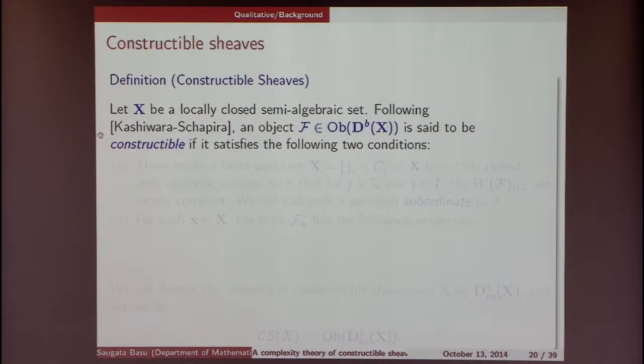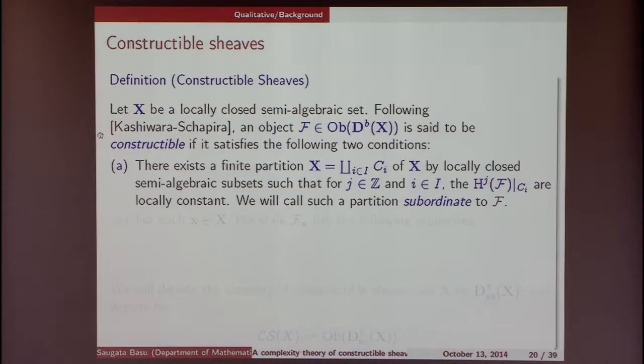Okay, so we have been talking about sheaves, but what about constructible sheaves? This is the following definition of Kashiwara and Shapira. An object in the bounded derived category of X is said to be constructible, where X is now restricted to a locally closed semi-algebraic set, if it satisfies the following two conditions, and you have to keep the picture of the high school example in mind here: there exists a finite partition of X into locally closed semi-algebraic sets, not necessarily Whitney or anything,